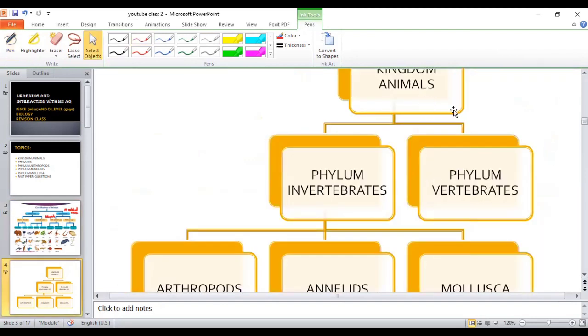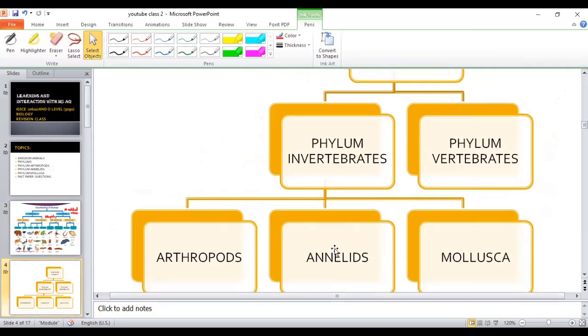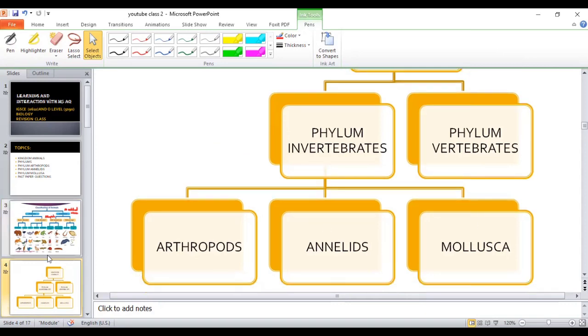So starting with kingdom animals, we will discuss invertebrates today and then we will discuss vertebrates in the next class. Okay. Today we will discuss phylum arthropods, annelids, and mollusca, which are invertebrates, like they don't have a backbone in their body. So starting with phylum arthropods,